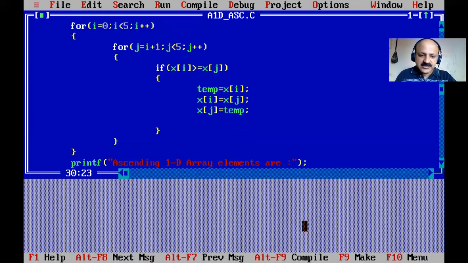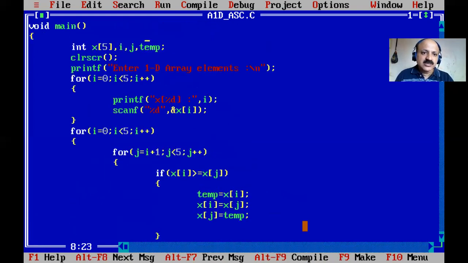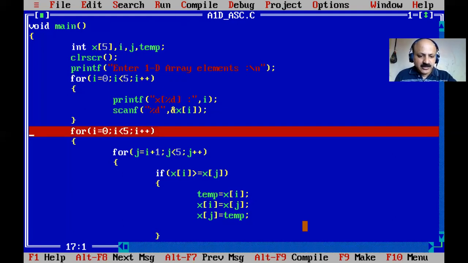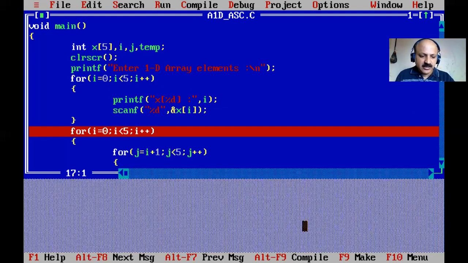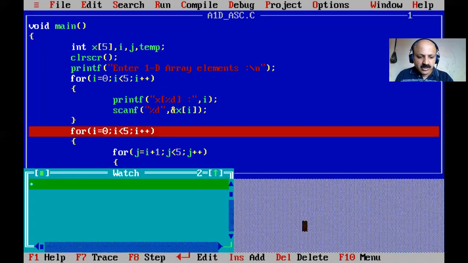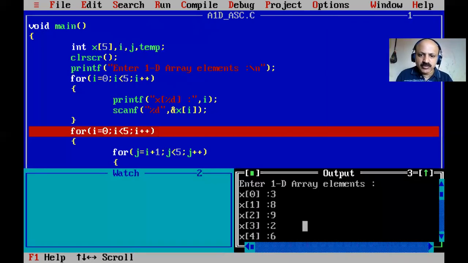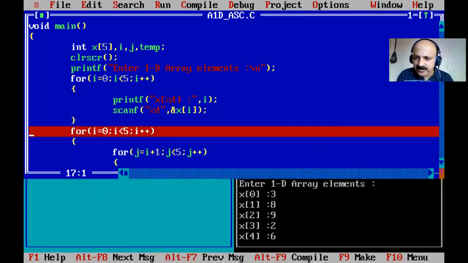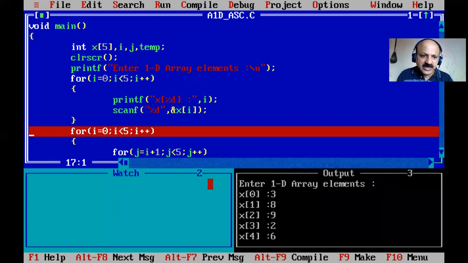So here we can start our logic directly, not the scanning part, our main is directly the for loop. So how control goes to that place, how to set a particular start to watch, that is also covered in this session, and I also covered it in many of my video lectures. Control F8, yes, sets the red sign, and then I minimize the screen, and Alt W takes the watch window. Here is a watch, and also Alt W again for the output window. So both windows are there, and here I decrease the size, and here we can take our variables.